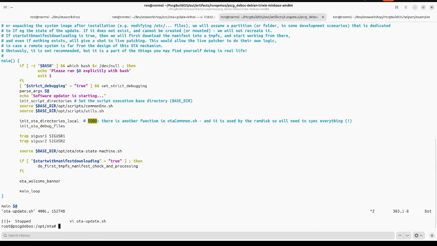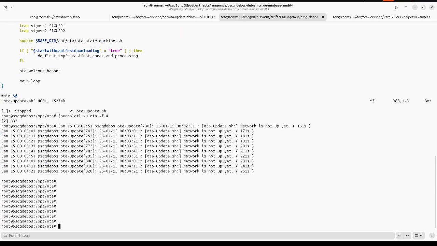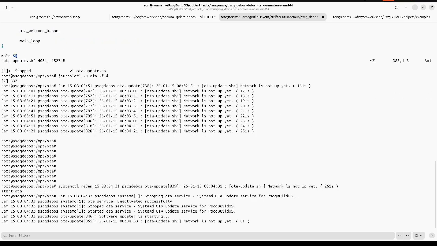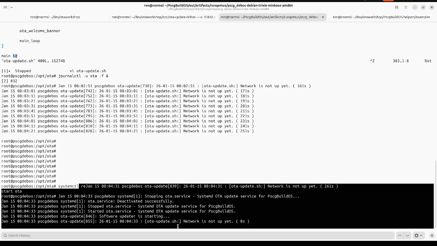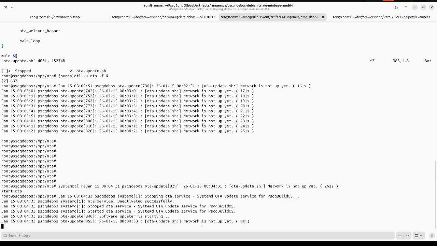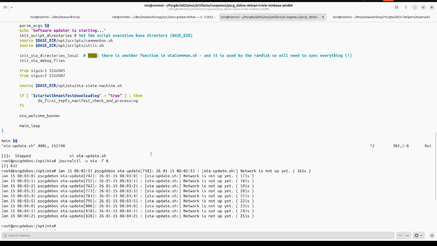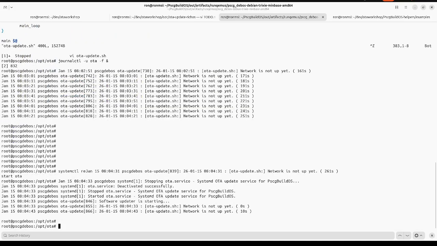So let's now do journalctl -u OTA -f in the background. Okay, systemctl restart OTA, and we see the software updater is starting, blah blah blah. Okay, so if we now go